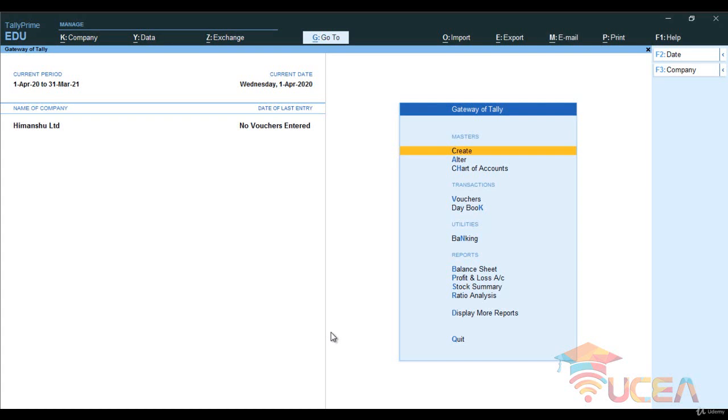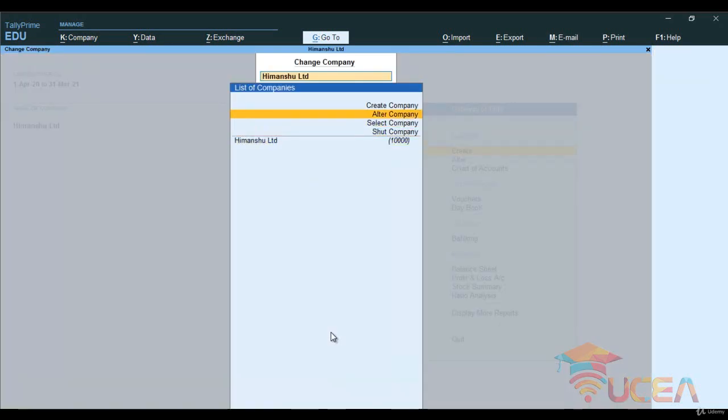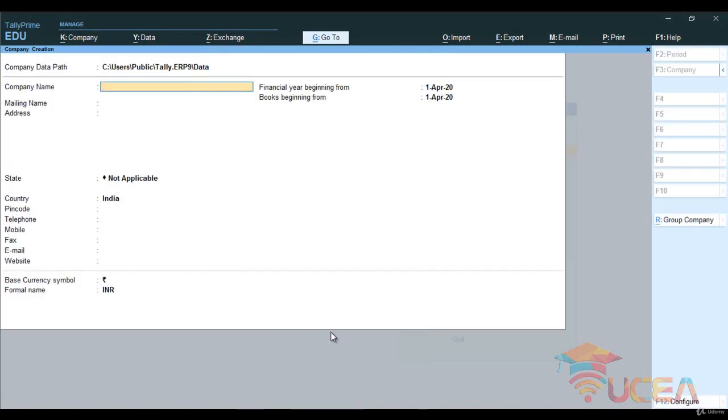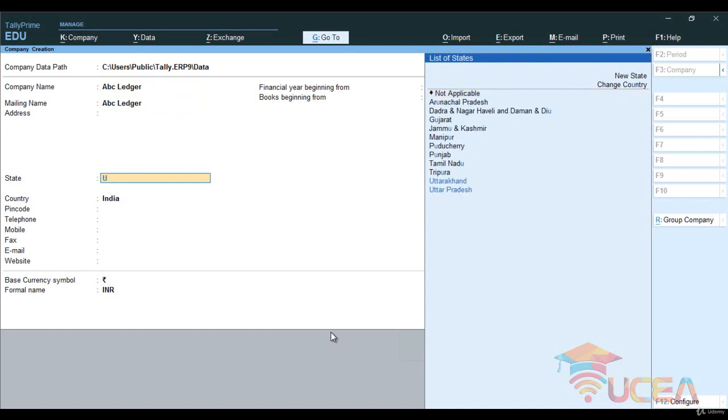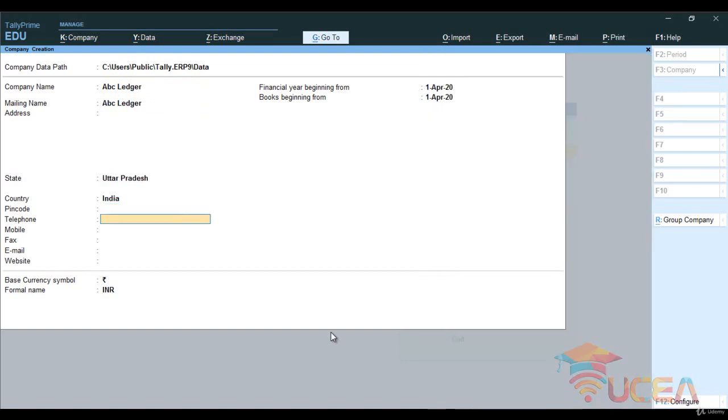You know the procedure, that is F3, create company. Because it's related to ledger, I'm giving the name ABC Ledger. I am mentioning the state; the rest of the things are not that important, so I'm not mentioning them. I'm going to save this.